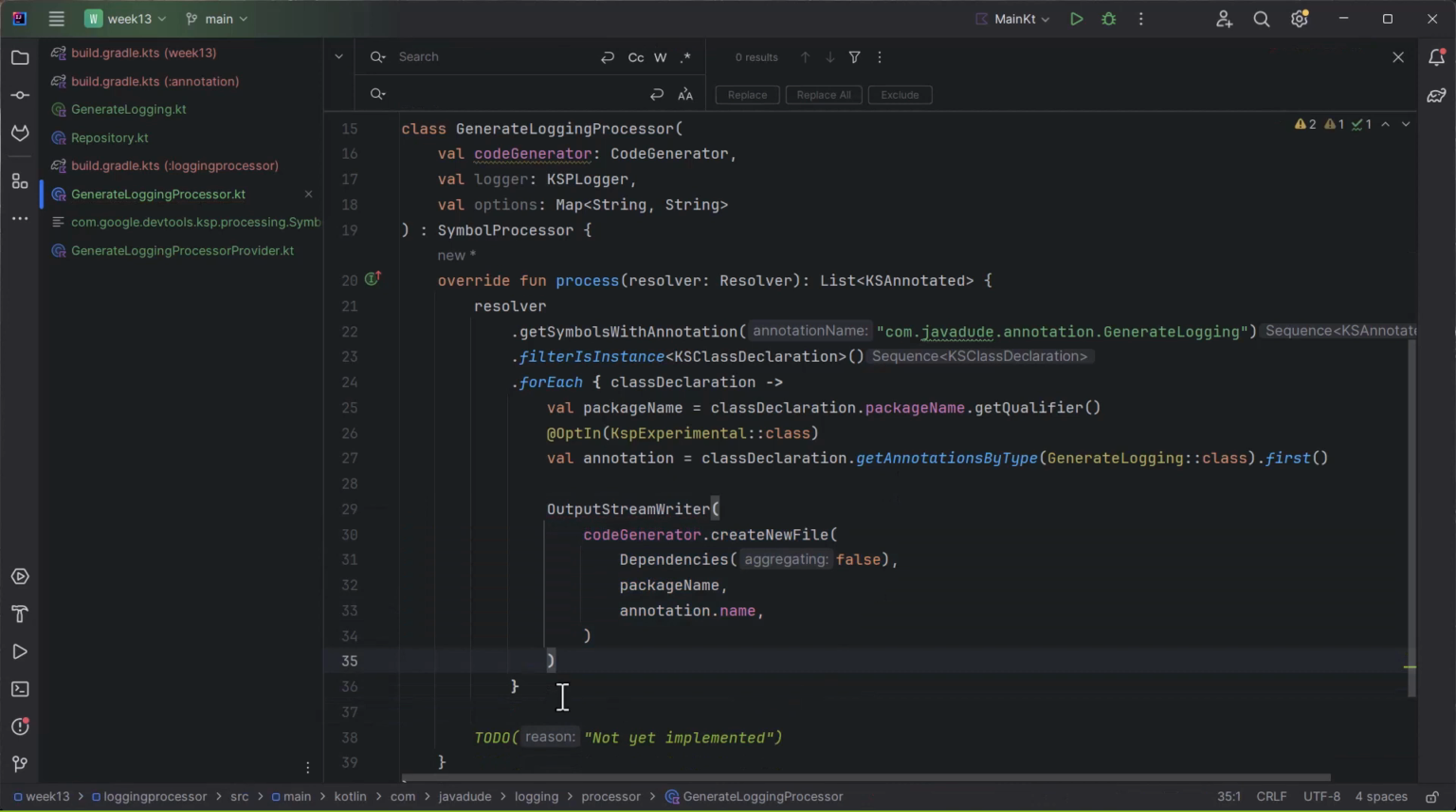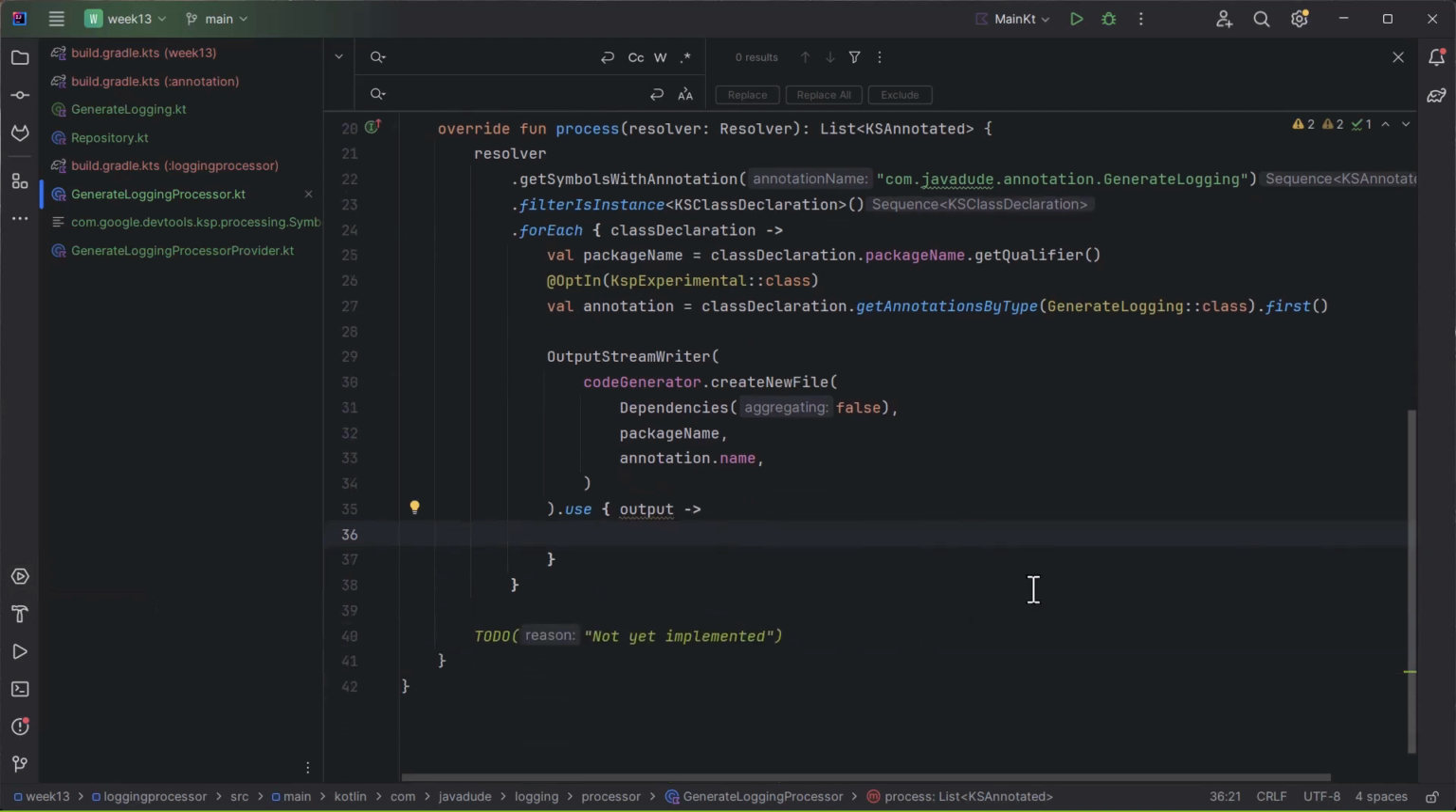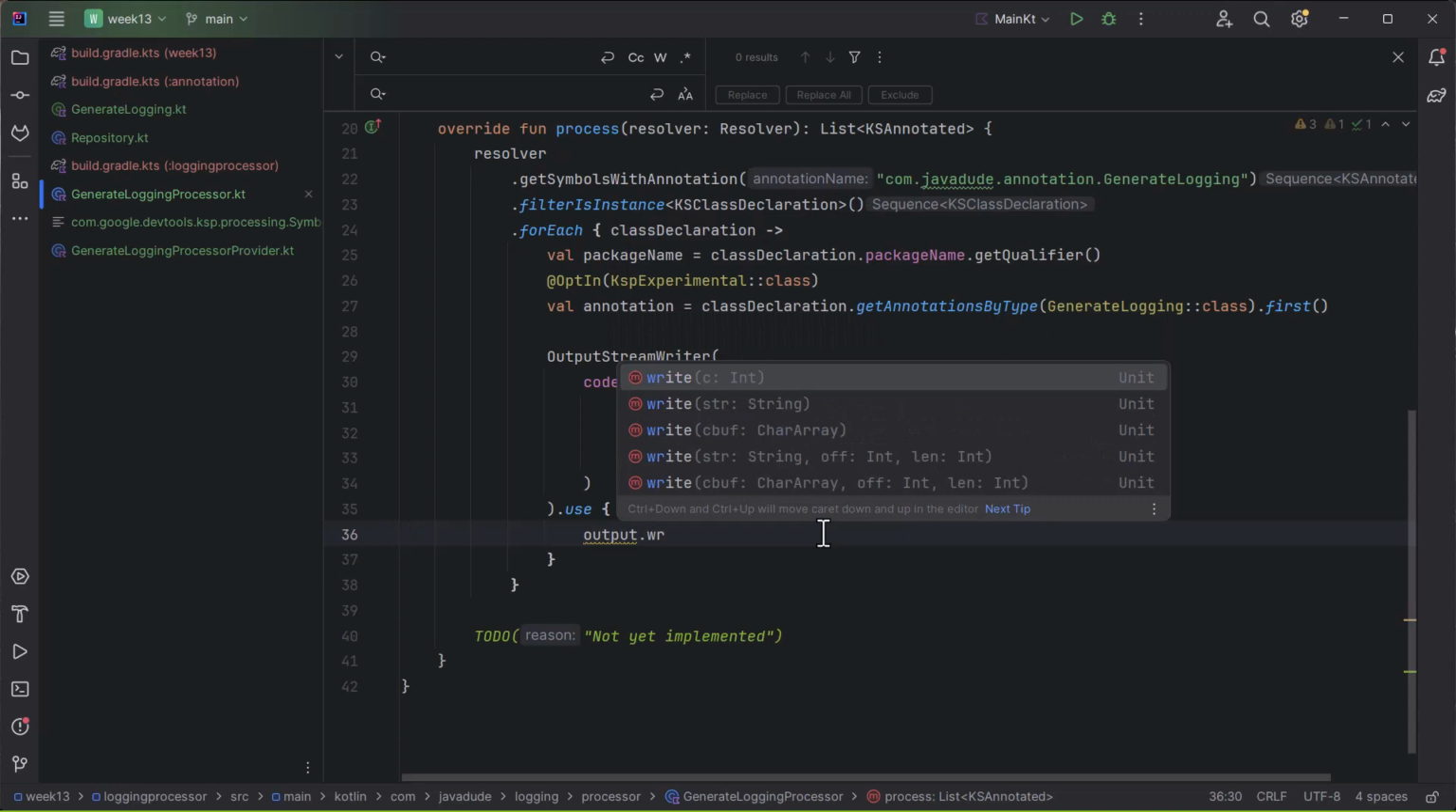And then I'm going to say .use, and if you remember what .use does, it says make sure that I close this thing no matter how I exit. If things work, if things get an exception, no matter how I exit that use block, I will always close that file, or close that writer. I call that output. And then inside there, I can just write out whatever I want to. So I can say output.write,